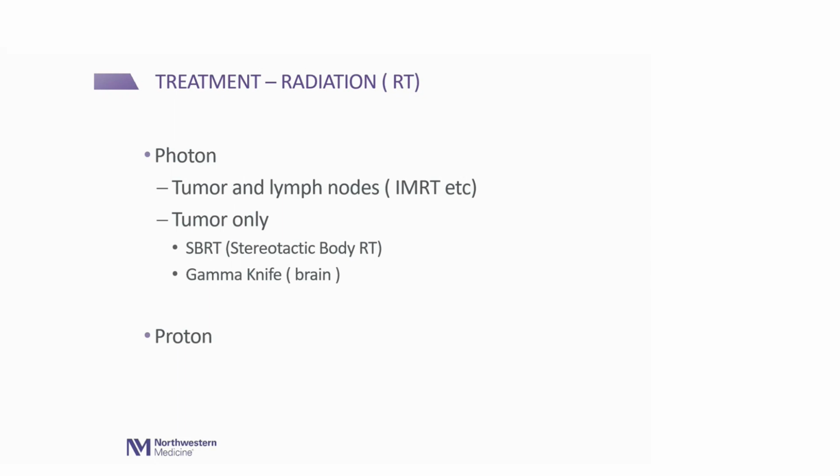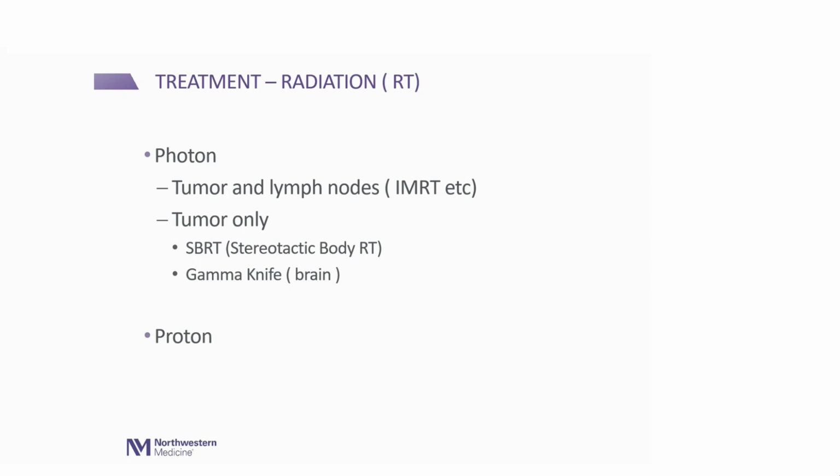I just at least wanted to introduce these terms because I get asked these questions quite a bit also, because protons is something fairly new, relatively new, not all places in the country offer it. There are some specific locations which are actually increasing and becoming more common now. It's a type of radiation treatment. It's not under surgery or not under chemotherapy. It's a type of radiation treatment. Photon radiation is a more common one. The more common type is where they give radiation, actually x-rays to the tumor, the cancer that is, and the lymph nodes surrounding it. There's different types of treatments here.